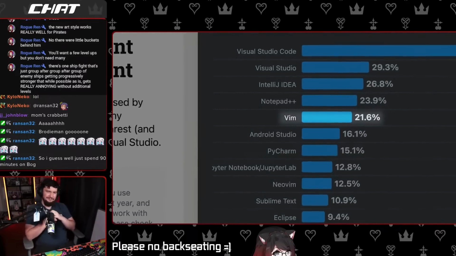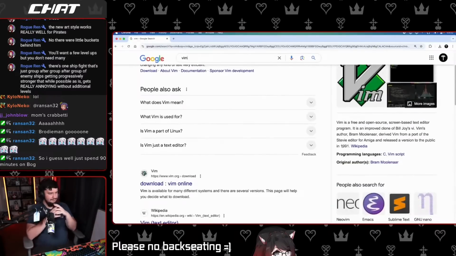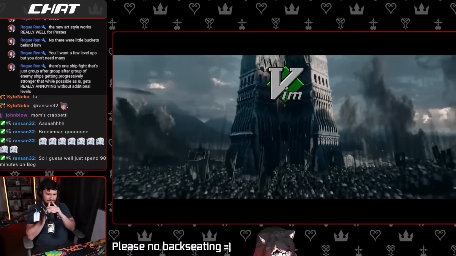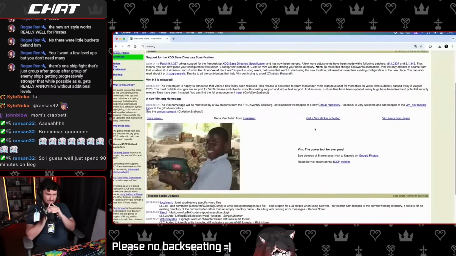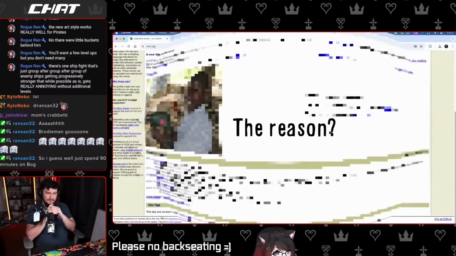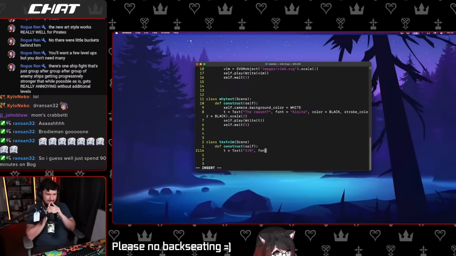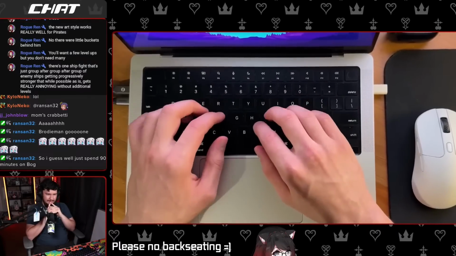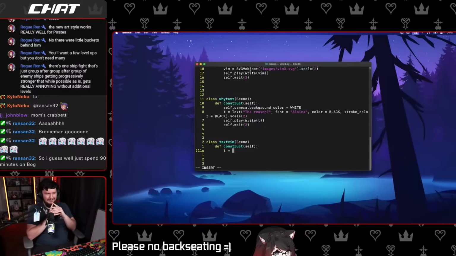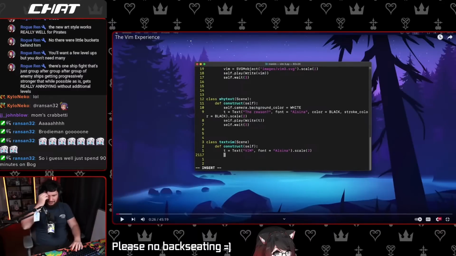Admired by many software developers, and still even today, after its release in 1991, it has a massive cult-like following. That's their official website. The reason? It's a great website. Typing with Vim means you don't need to move your hands anywhere else but the middle of the keyboard, which makes it a lot more fun to type. I will grant him this one. This is a meme that Vim people like to say. It's not really that extra beneficial because of it, but you know, Vim people like to say it. I understand how you get that yourself as well. Supposedly. So let's test it out.